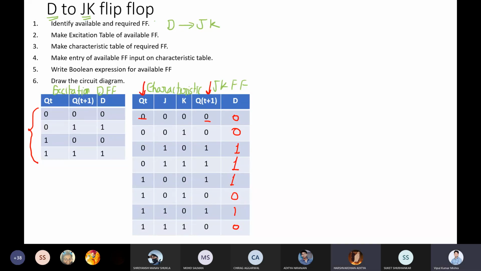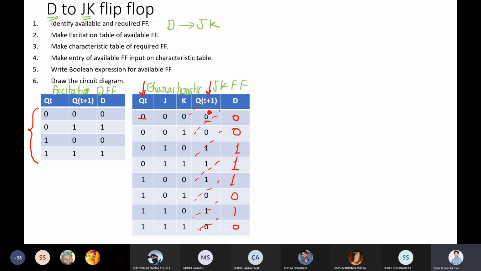It's quite easy, right? Now, the next task, after filling this entry, we just need to forget this Q(t+1). We do not require it afterward. Now, what next will we do?